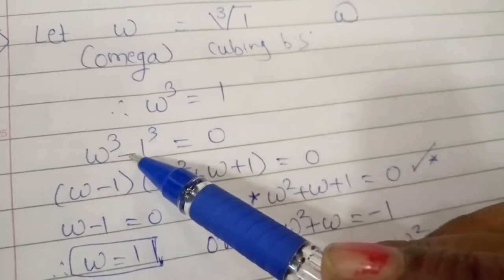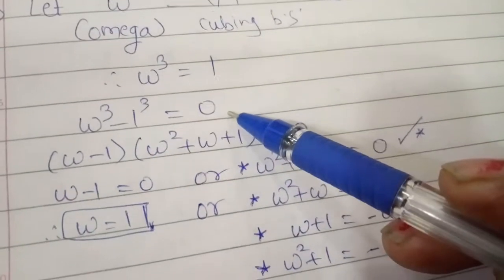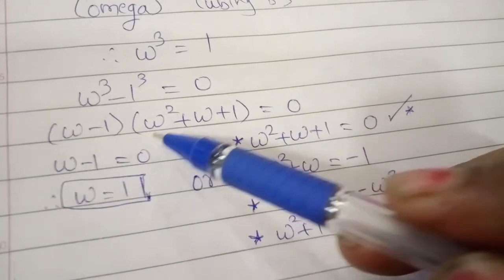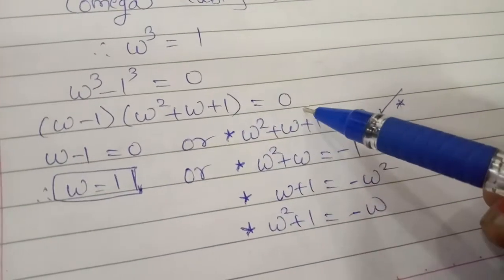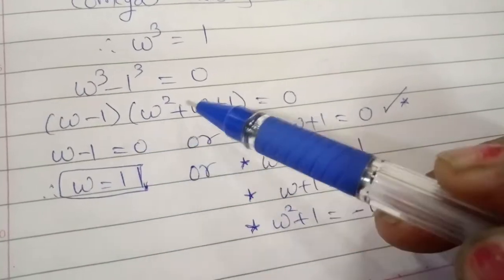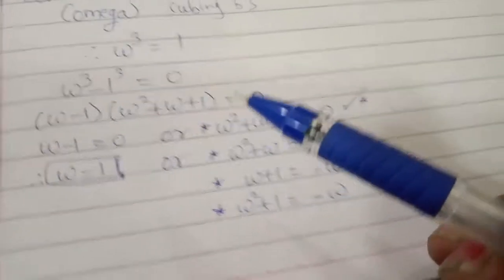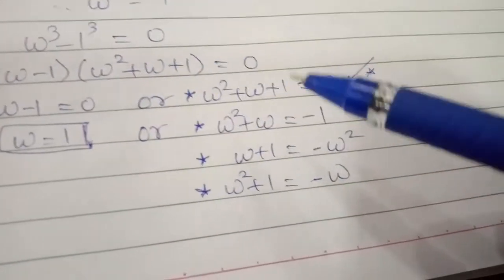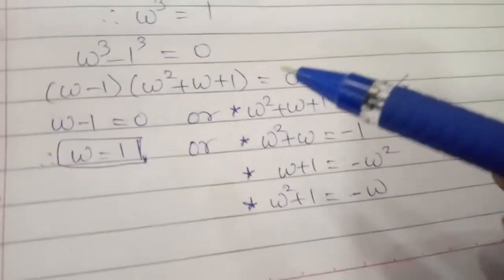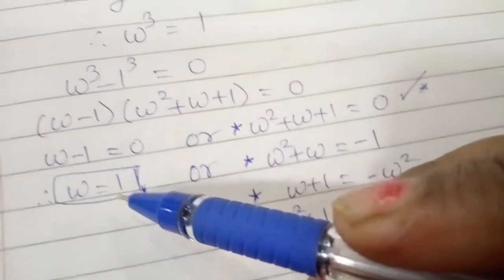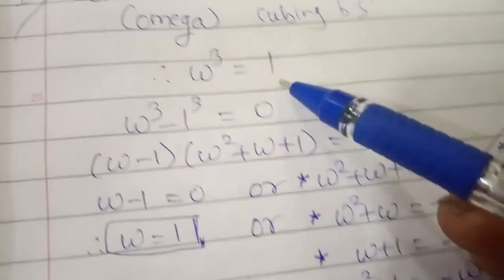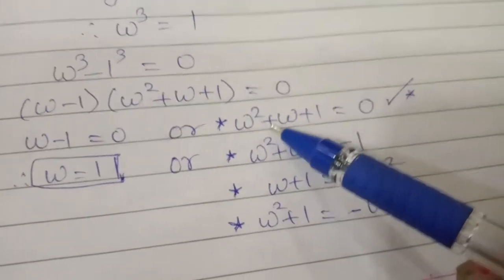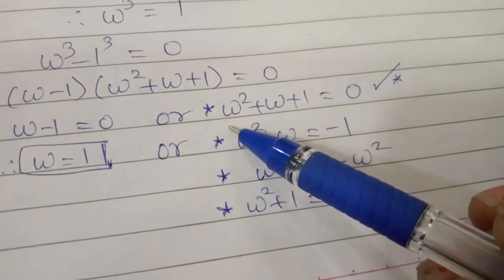Now again we move this 1 to this side, so omega cube minus 1 cube is equal to 0. Using the formula of a cube minus b cube, we get omega minus 1 in the first bracket, omega square plus omega plus 1 in the second bracket is equal to 0. Means either the first bracket is 0 or the second bracket is 0. Now what is the difference here? Here we get the value of omega as 1 or as a complex value. You have to keep these things in mind: omega is equal to 1 or omega cube is equal to 1, and the next one, omega square plus omega plus 1 is equal to 0. This is the main formula. From this we can find out the values of the remaining.